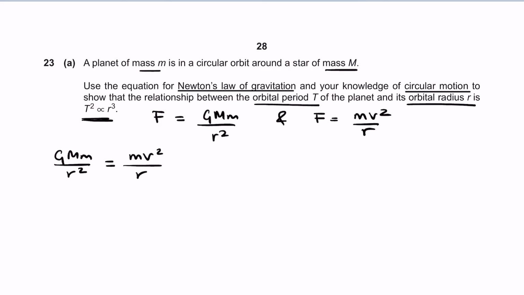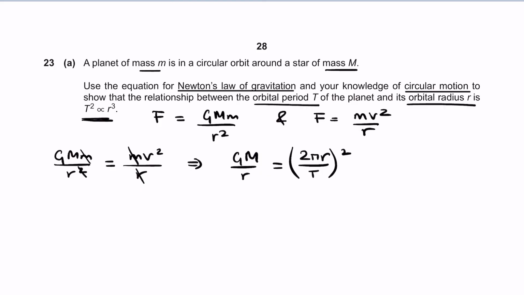Dividing both sides by m, the little m goes away, cancelling one of the r's, basically multiplying both sides by r, which leaves us with GM, this is capital M by the way, being equal to v squared, where v is just 2 pi r over T, which is the distance to cover a complete revolution divided by time,